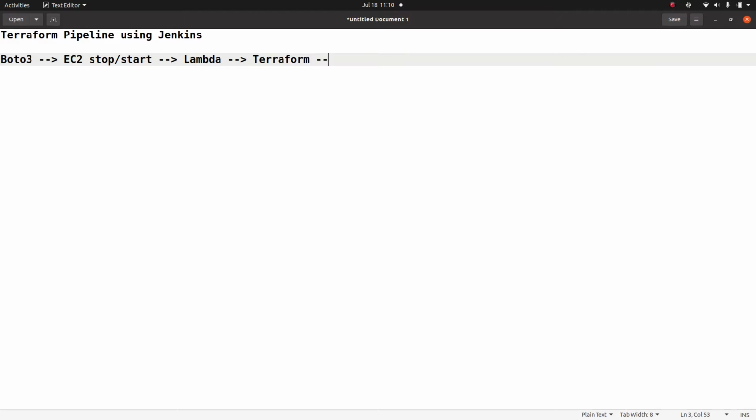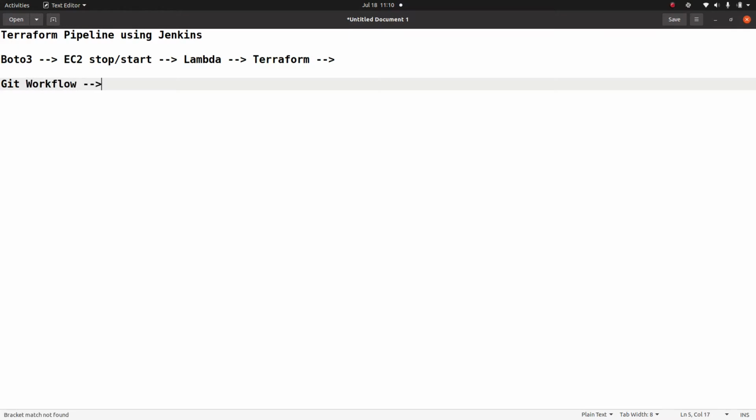Now the one thing still left is that the Terraform script I am running is run through my laptop, or from my desktop, or from some cloud server. Isn't it great if we have some kind of a pipeline where a user can push code to Git, and from Git it triggers the pipeline? So some kind of a Git workflow, right? Or a new thing which is emerging nowadays called GitOps.